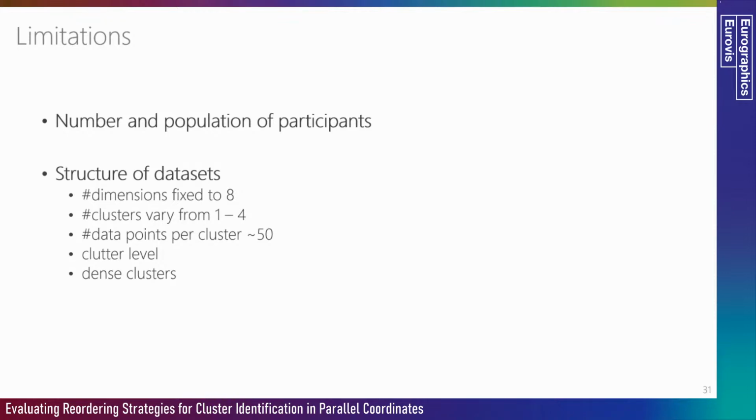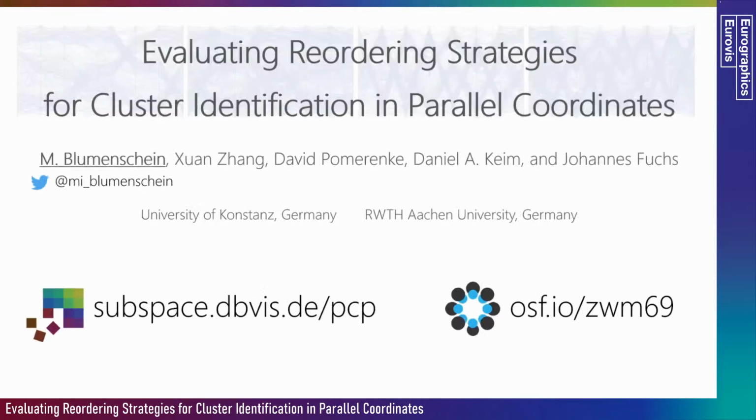Of course, our study has limitations. Among others, the number and population of participants and the structure of the datasets should be taken into account when interpreting the results. We have presented a classification of reordering algorithms and an empirical user study which evaluated two different reordering strategies for cluster identification tasks. Based on our findings, we propose a novel reordering method arranging dissimilar dimensions next to each other, which should be